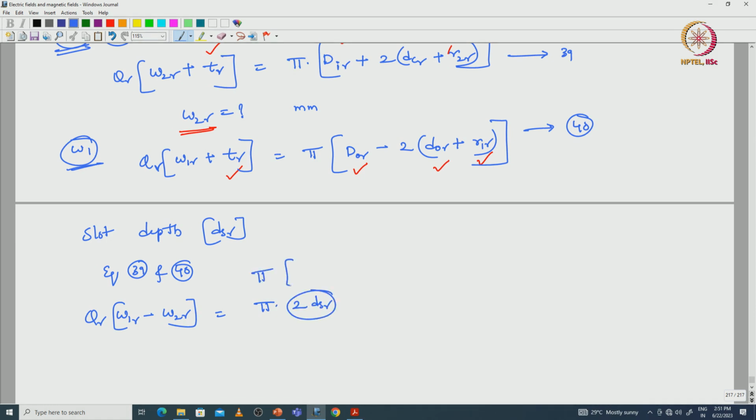Here, pi into d naught r minus 2 into slot opening height plus r1 r